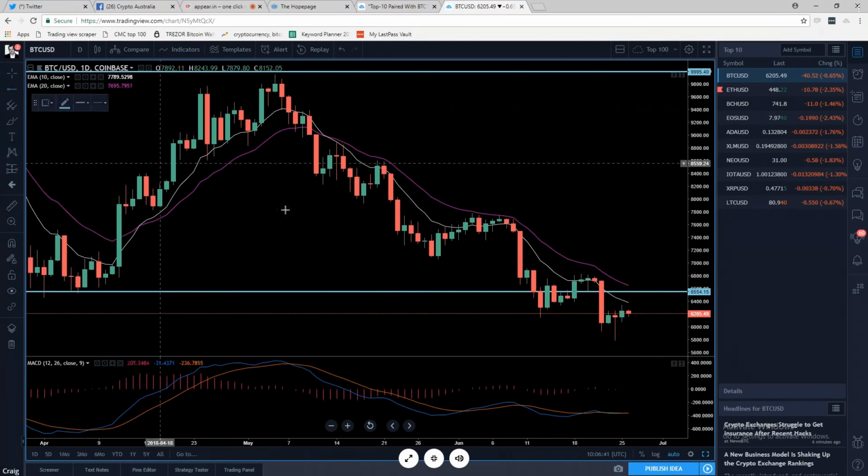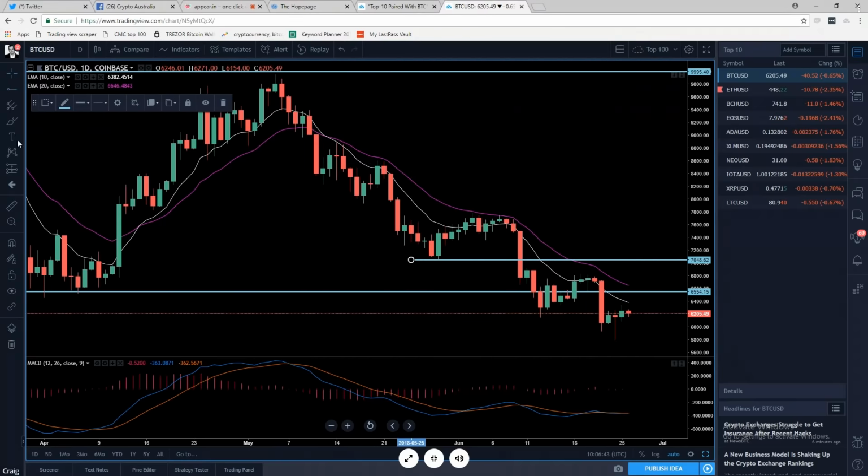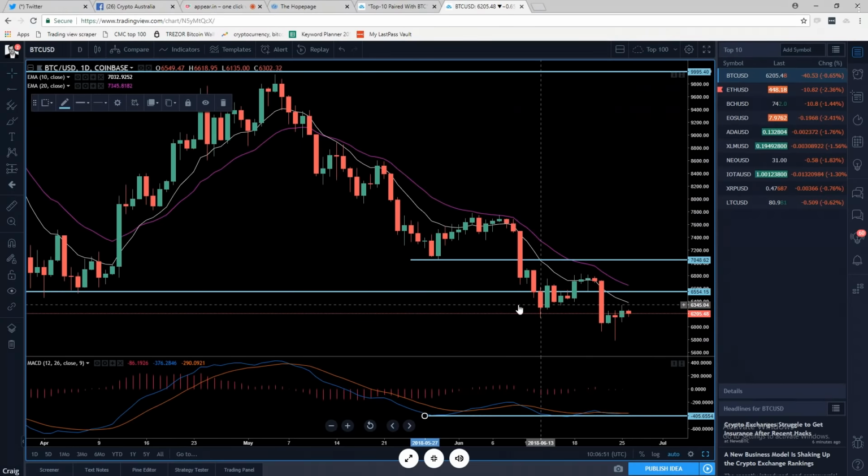'Cause I'm used to explaining it this way. I'll just draw in. There's a low there, right? Yep, but you want to draw in your low. So we want to draw in equal lows, this low to this low. So I'll draw in the support down here, right? Then we see a new low here, and you'll note that this hasn't broken that low. See that? Same over here.